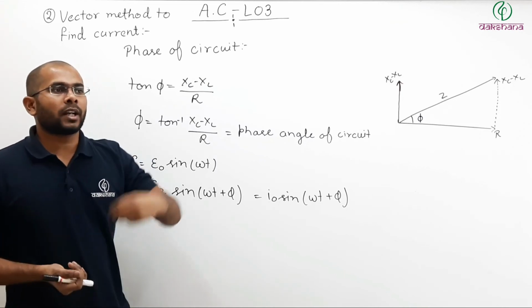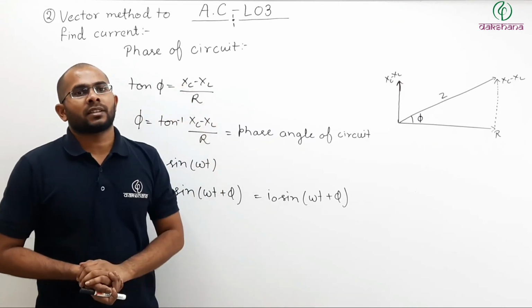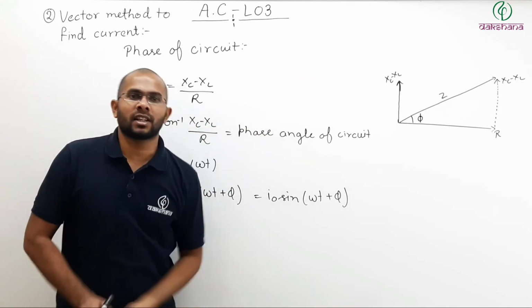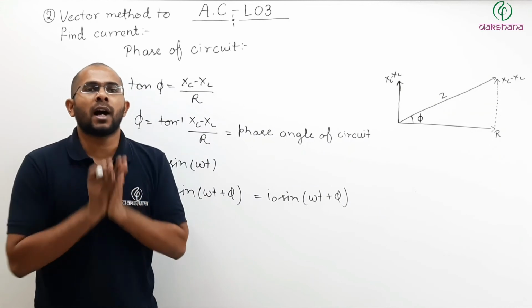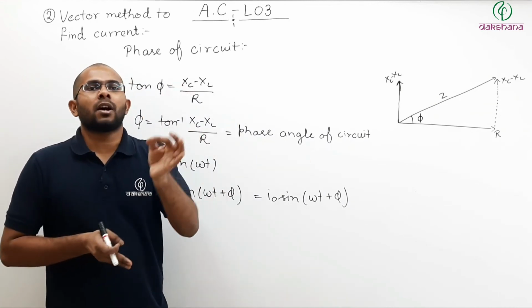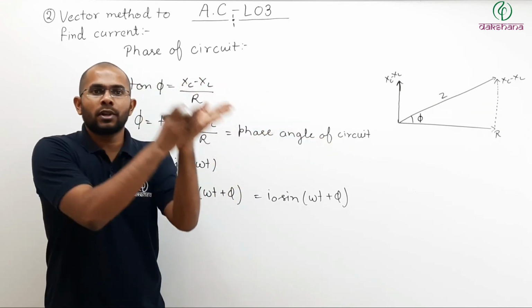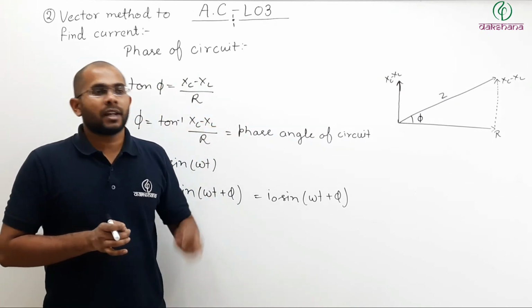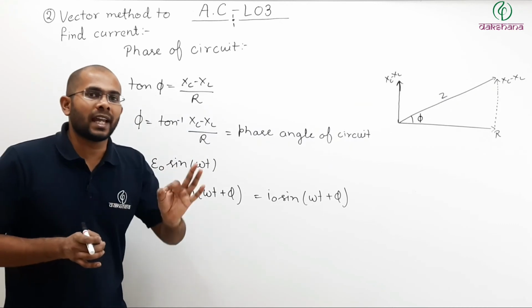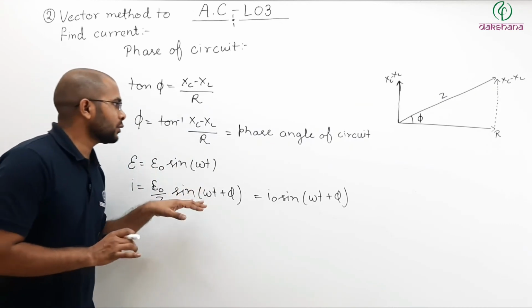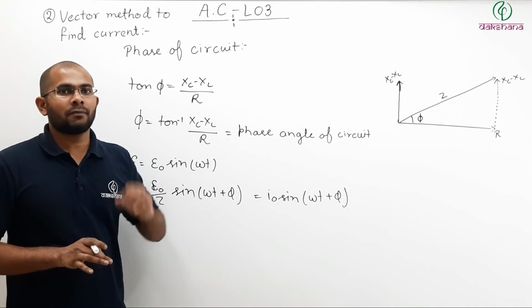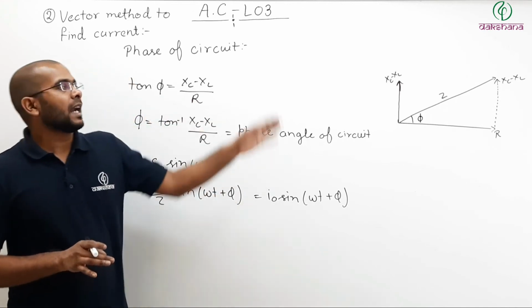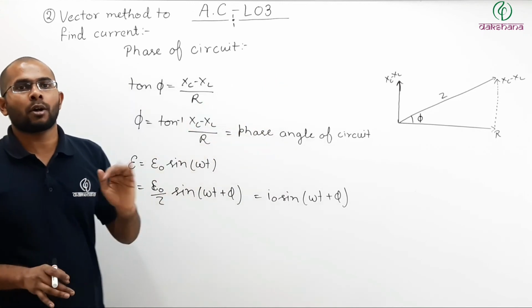You see, for the purely capacitive circuit, the purely inductive circuit, or the purely resistive circuit, we have already found the current in terms of the EMF, voltage and current using the mathematical equation. Now pause the video, note it down. After that, we will try to find it using this simpler method, and we will see whether both the results, that is the mathematical result and the vector method result, are matching or not.